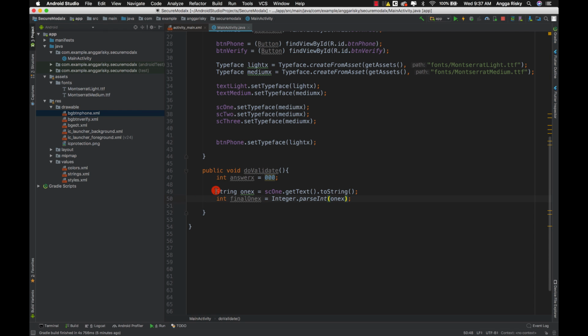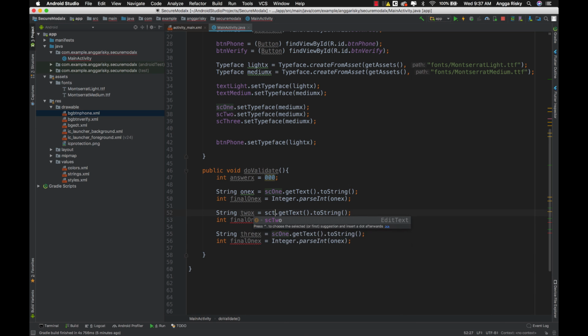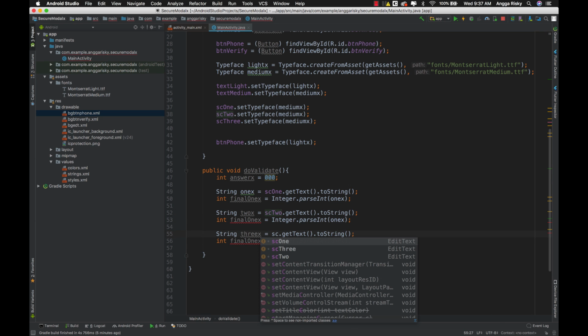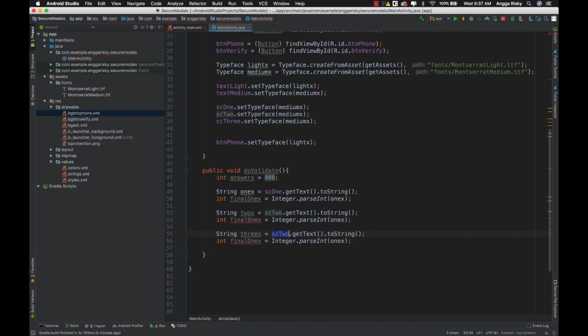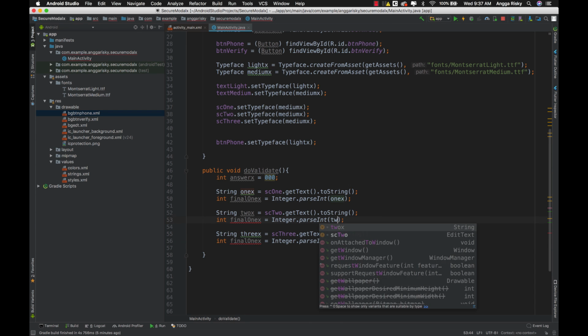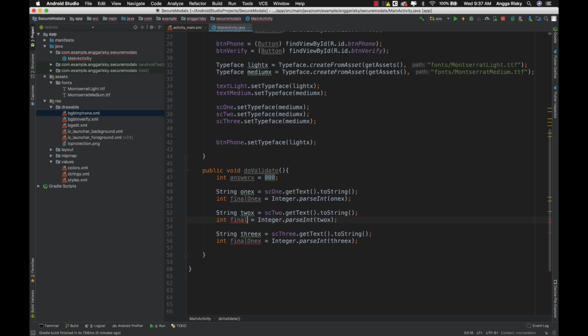After that I just want to copy, and we got tux and we got tricks. So basically this is from sg2 and this is from sg3. This is supposed to be tux and this is supposed to be tricks. Oh my god, really?